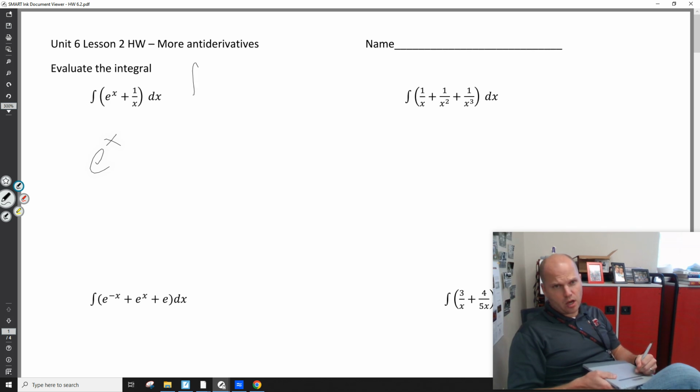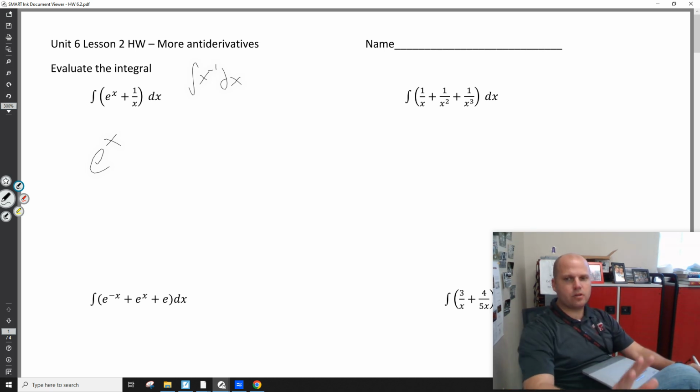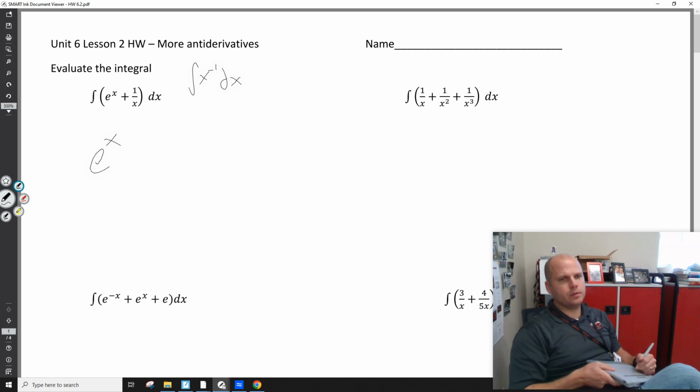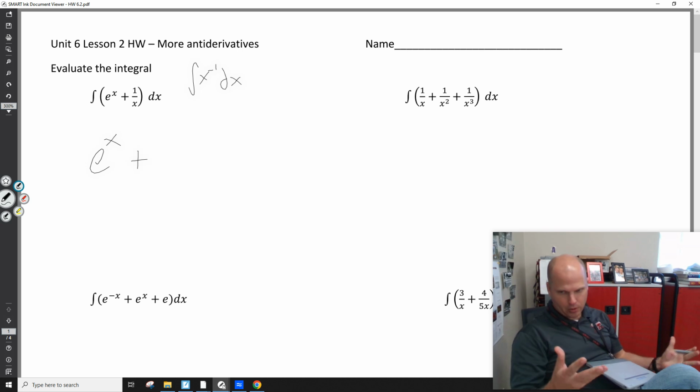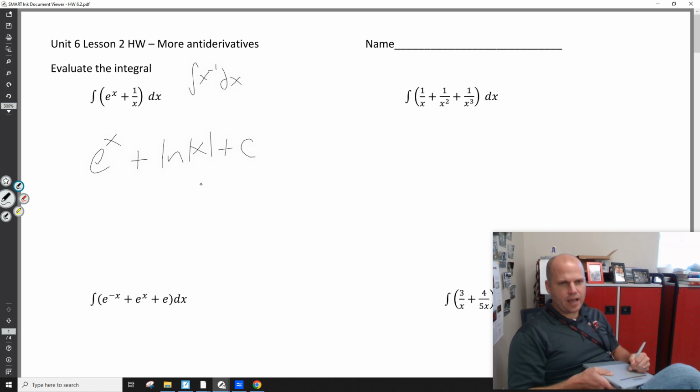What also do we know is that the antiderivative of x to the negative first, you can't use the power rule. It's the only power you can't use it for. Any other power you can. But a negative first power, we remember that the natural log function has a derivative of 1 over x, so it goes the other way. Don't forget plus c's, and we need an absolute value